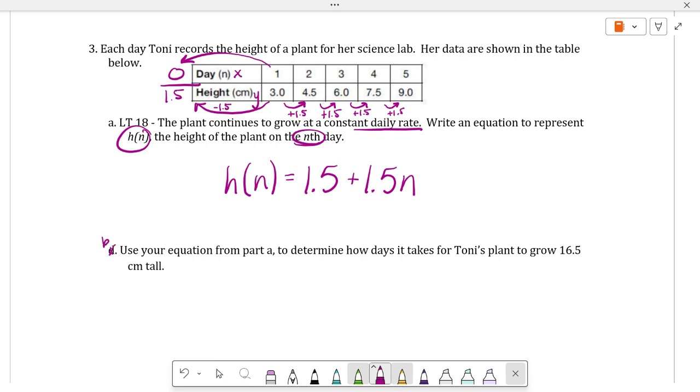This really should say part B. Use your equation from part A to determine how many days, so that's our X, we're trying to find X, or N in this case, it takes for Tony's plant to grow 16.5 centimeters tall. That's our height, or our output. So we're saying our output is 16.5. We need to find the input. We need to solve for N,